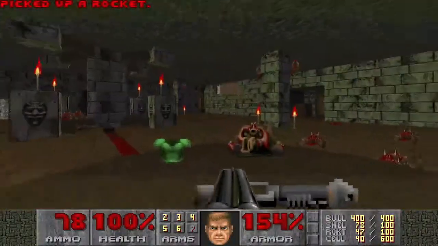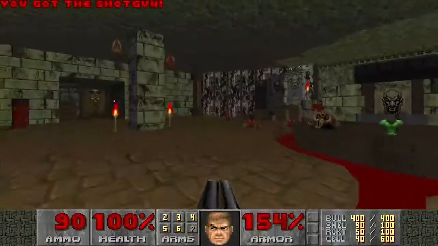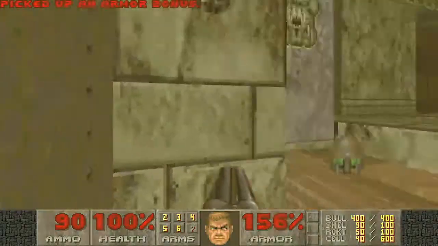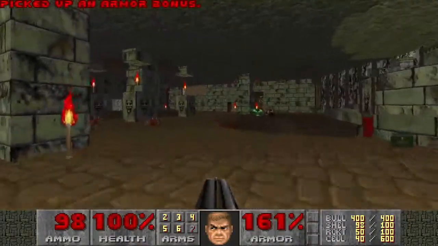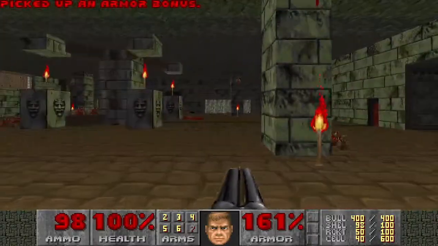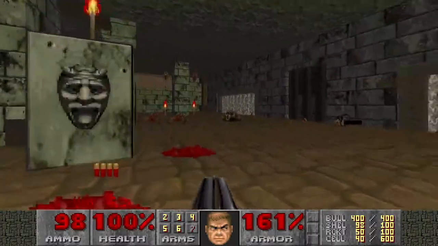I think you can probably see the visual design is a bit more sophisticated than the early maps. There's more use of angled things, more use of light levels to a certain extent, more diversity of textures,